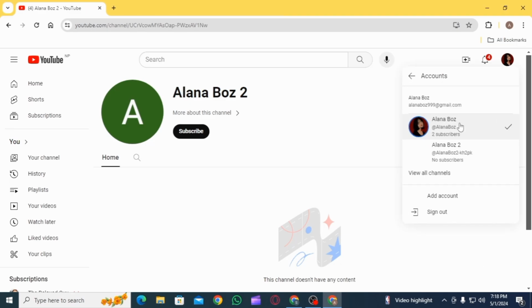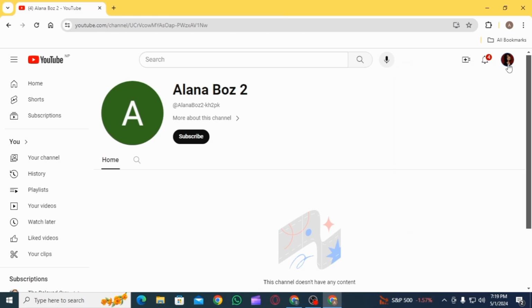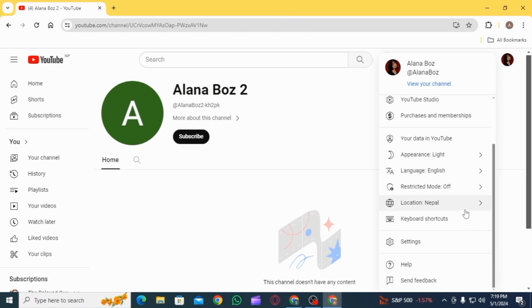You have to click on the switch account option, and here you will be able to find two of your accounts. Here, make sure that you select your main account. If you select the new account, then all the videos in your main account will be permanently deleted. So for that, click on the main account option and then click on your profile icon again and select settings